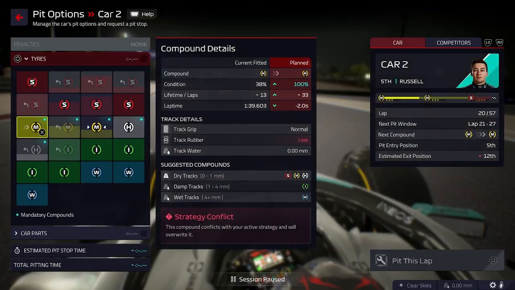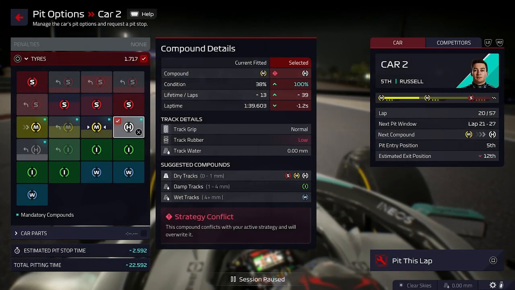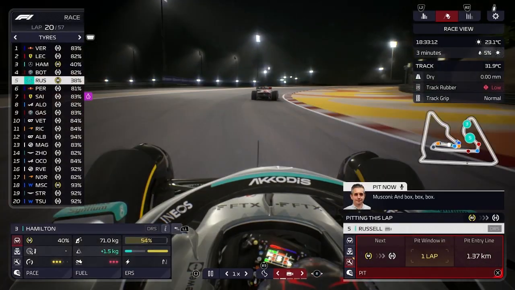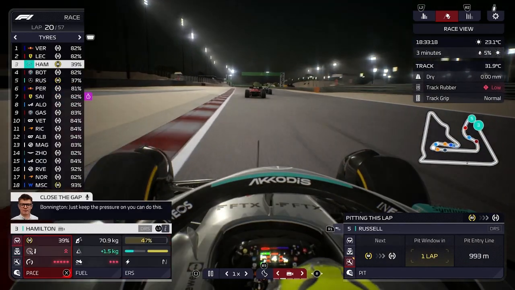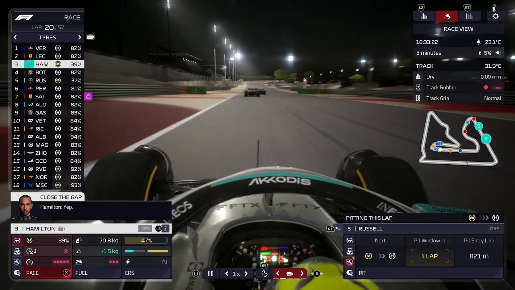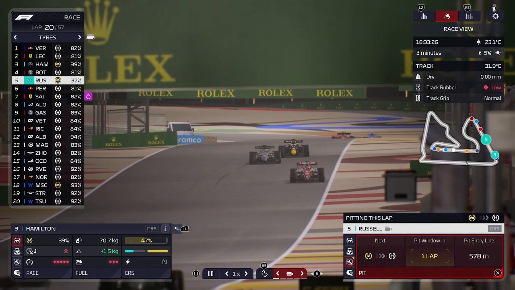Right, we're going to call George Russell into the pits and we're going to bring him on for hard tyres. We're going to change the strategy a little bit, but the hard tyres seem to be working for everyone. So we're going to box him in now for hards, and we're going to go on aggressive for a little bit. With Lewis Hamilton, we're going to stay out. He's got 2 more laps, so we're going to attack on this set of tyres for at least 1 more lap. George Russell's going to come in from P5,